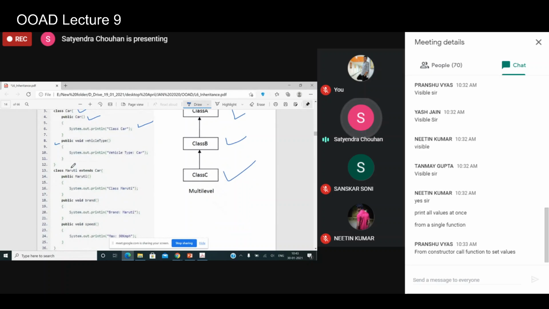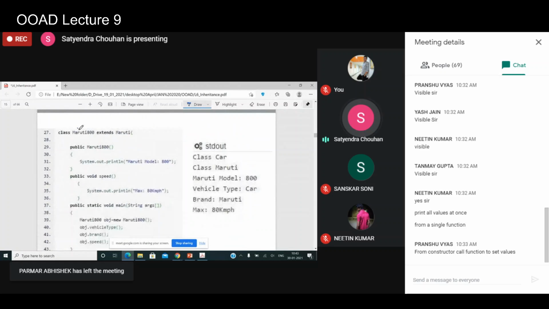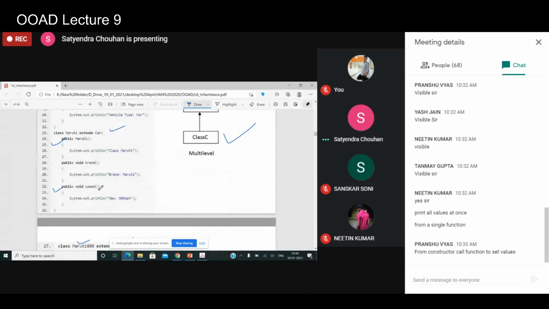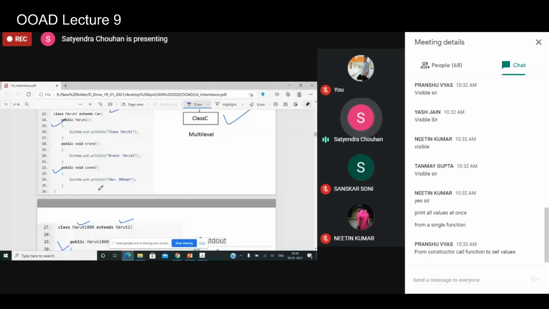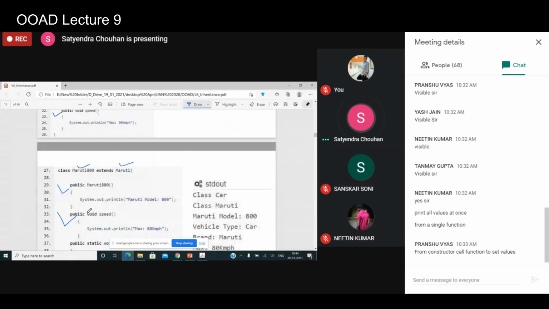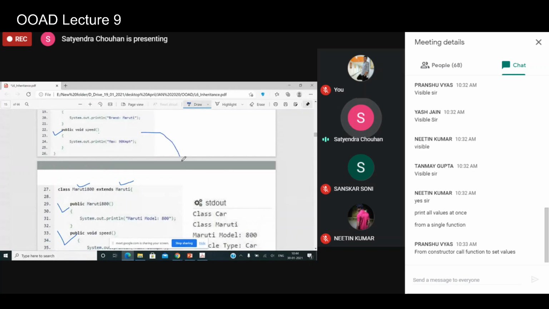A class Maruti extends the class car, and it also has a constructor Maruti and two functions, brand and speed. A third class, Maruti 800, extends Maruti. It has a constructor and the function speed. See, there are two speed methods defined: one inside Maruti 800, and one it inherits from the Maruti class.